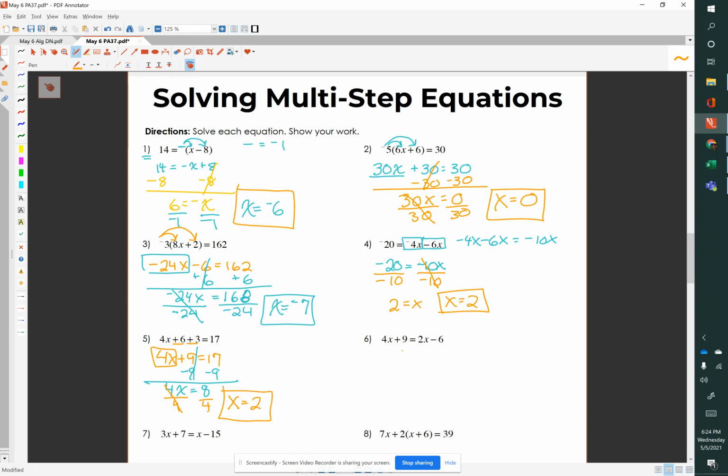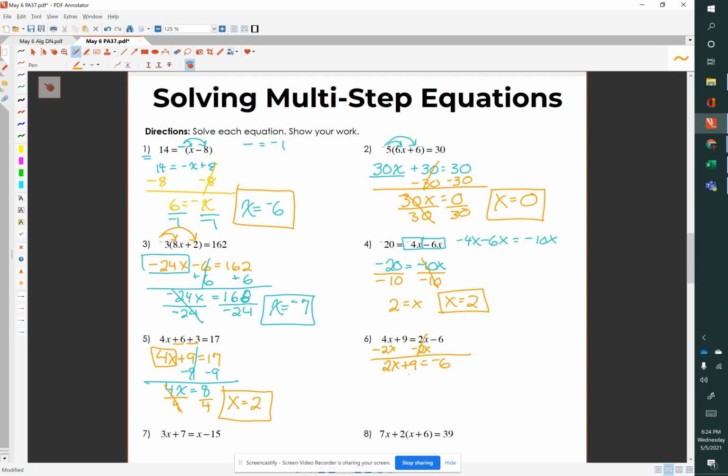Now on number 6, we have 4x plus 9 equals 2x minus 6. So now we've got variables on both sides of the equation. So I'm going to move the variables to the left. So that's the first thing I'm going to do. I'm going to subtract 2x from each side. That will eliminate 2x from the left, and on the right side we'll have 4 minus 2, 2x plus 9